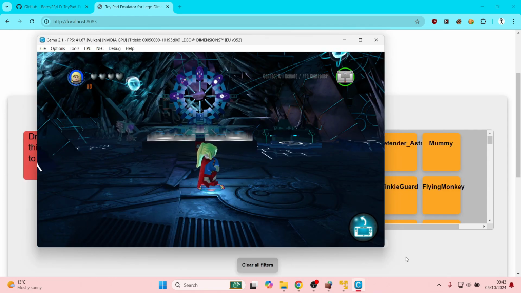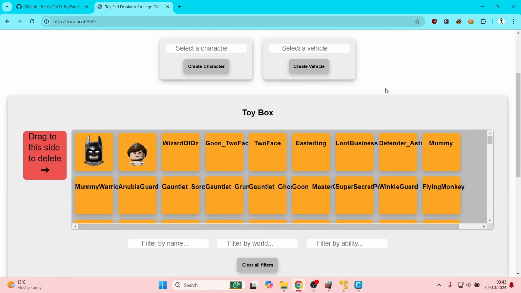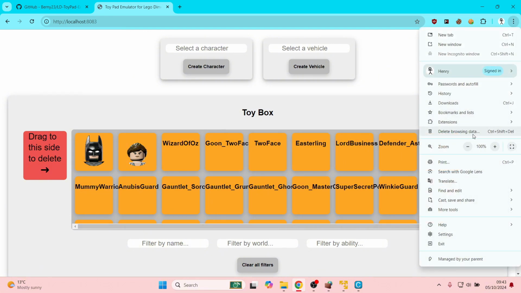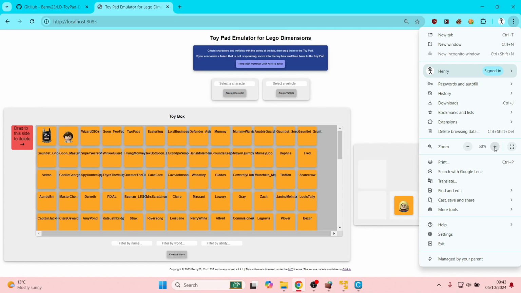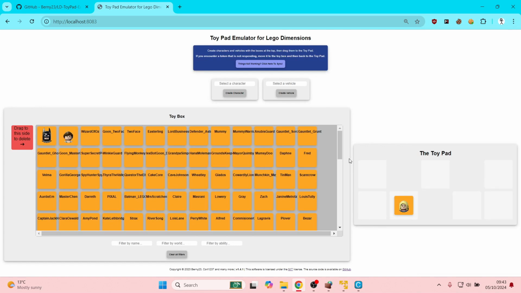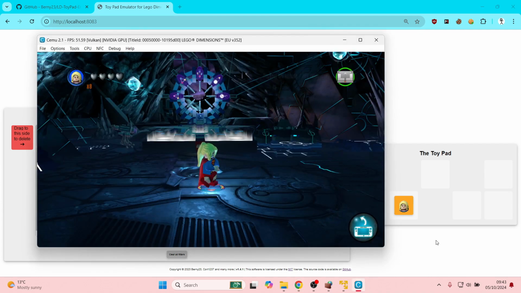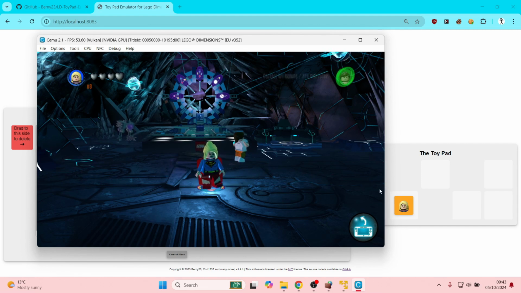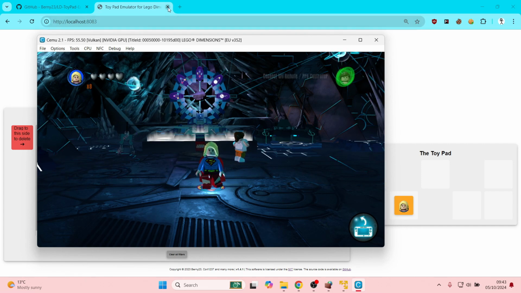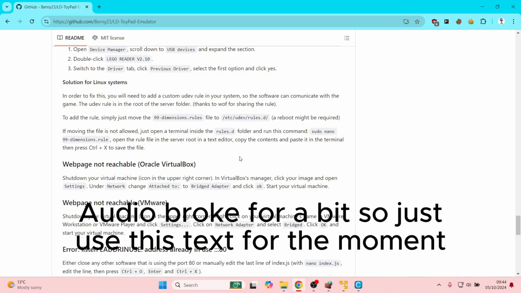Okay, now I'm in. If I go to the toypad, I find it too zoomed in, so I recommend zooming out to about 50%. Anyway, I'll just prove it works. Put in shell, and she's there, and then if I close that,